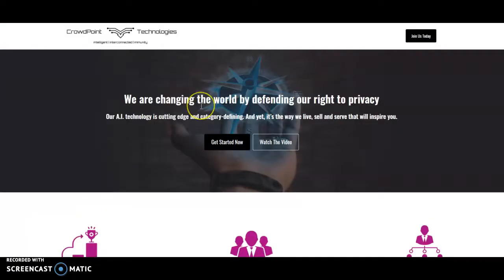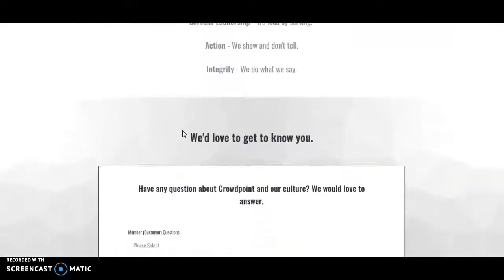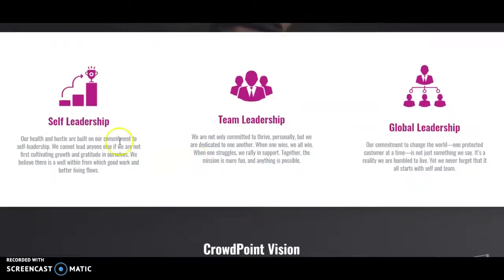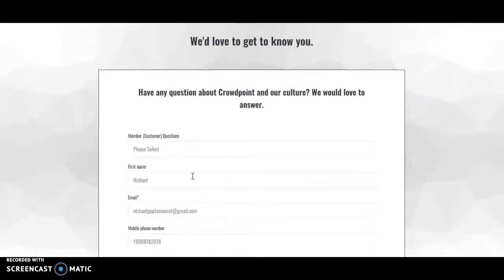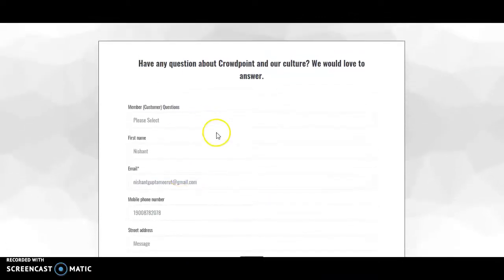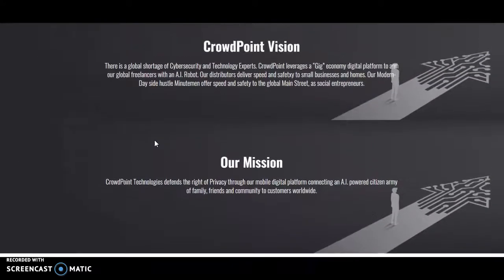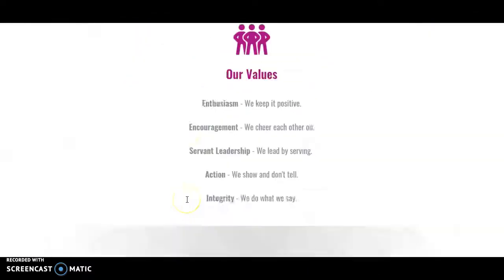The third page, which I believe is ready with the content, is this one, the culture page. I'll give it to Rachel to give us better images, but again, we have a page ready which talks about our vision, mission, values, and I wanted to keep a form here. I'll change this form and probably send the notification to our internal IDs. But the idea of this form was, if somebody comes to this culture page and they have any question about our company, they want to know more about us, they can fill this form and get in touch with us.